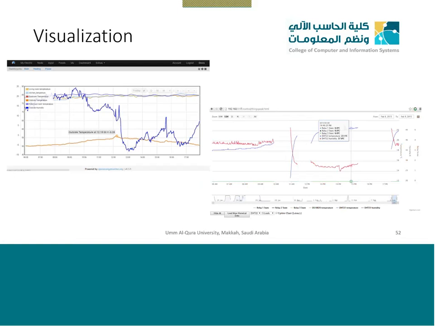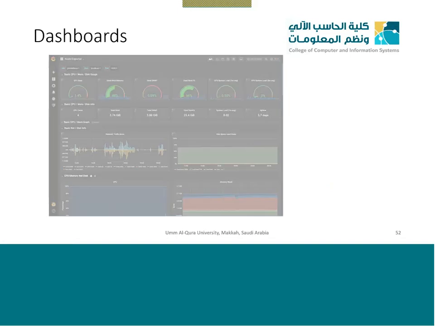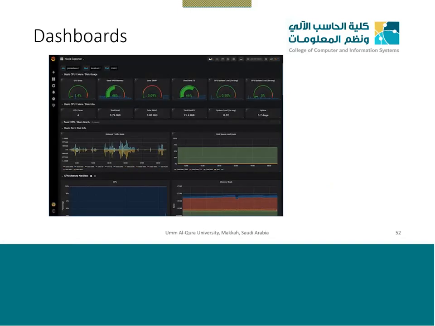But normally in IoT cloud services, we have these features available. You can plot your data of any sort, of any sensor, of one sensor of a node or two sensors. A single node can have more than one sensor. So you can have the data of all the nodes. And then we have dashboards. Dashboards are up to us. However, according to the applications, they vary from one application to the other.